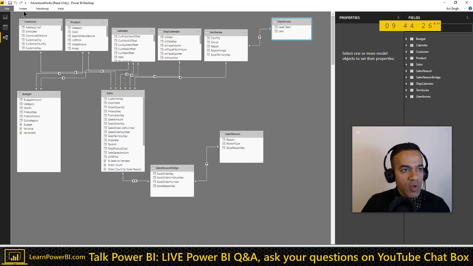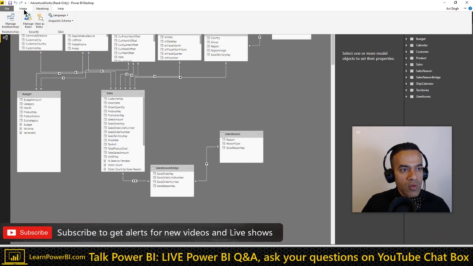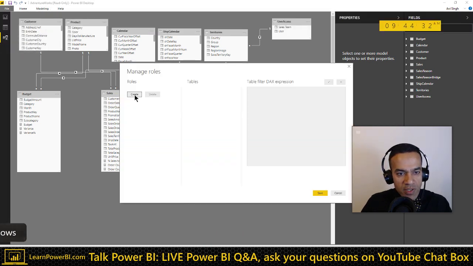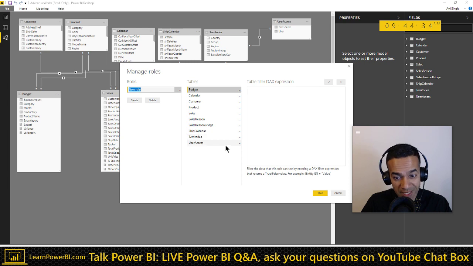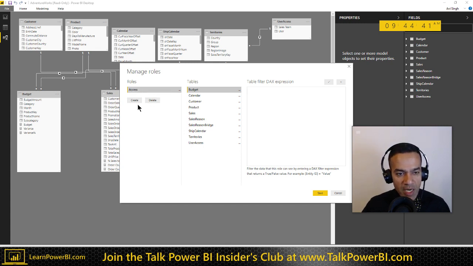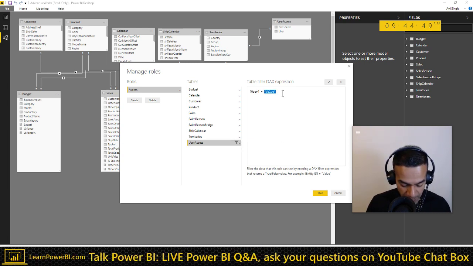All right. So when you manage roles here, you wouldn't restrict it by territory. You would restrict the user access table. Frankly, it doesn't matter what you name the role. And you will say user access, the user is username.